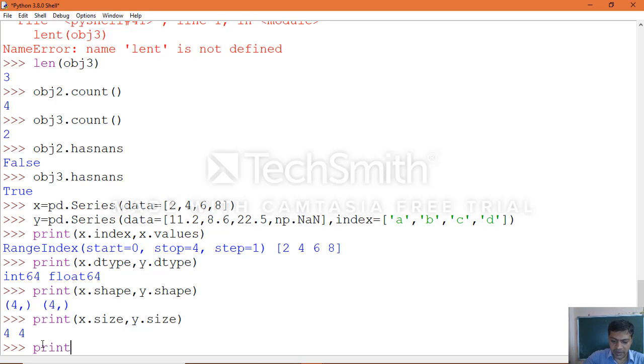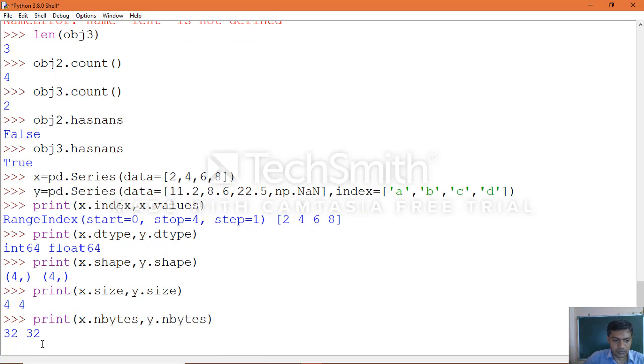Another way after size is nbytes, the total bytes of the object: x dot nbytes comma y dot nbytes. It gives 32 for 4 elements. With int64 each item holds 8 bytes, and float64 each item holds 8 bytes, so 4 into 8 is 32, and 4 into 8 is 32. In the same way we can check length and count also.